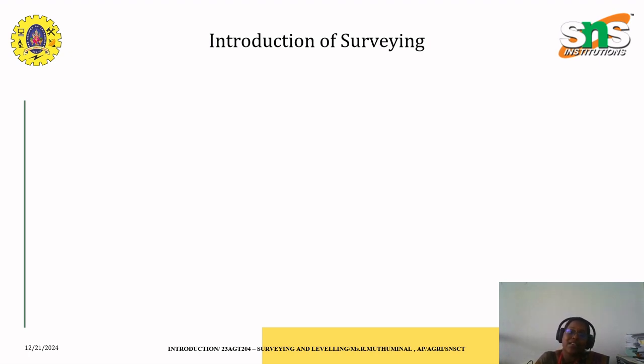So the survey data could be collected either manually or digitally, but that is not considered in the introduction of surveying, which purely deals with the field. The word survey always means collecting data, that is correct, but here we are going to collect data that identifies the practical location of a field, because